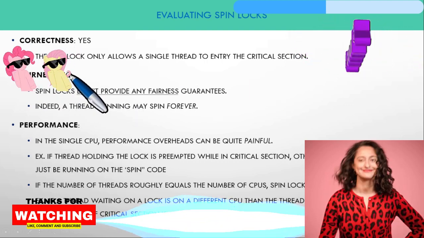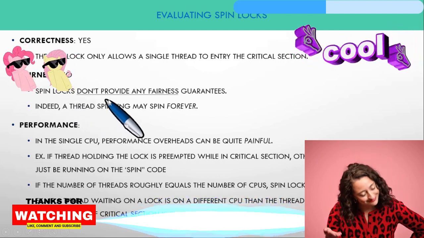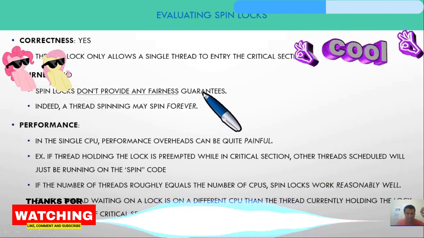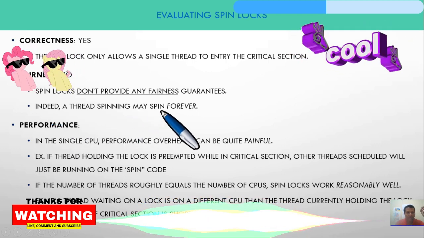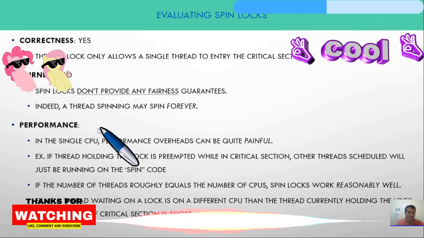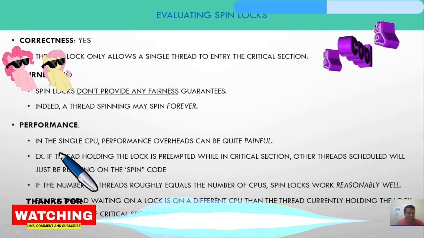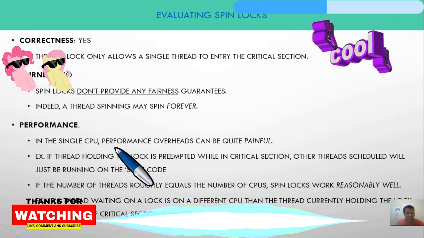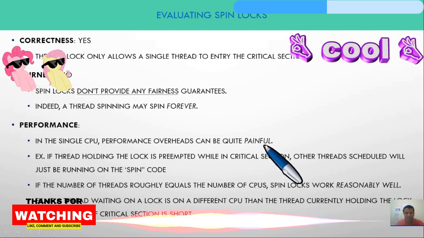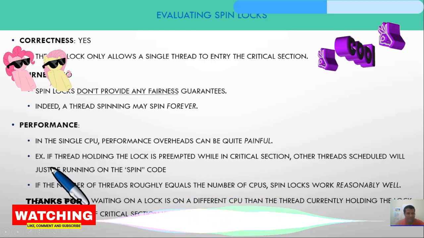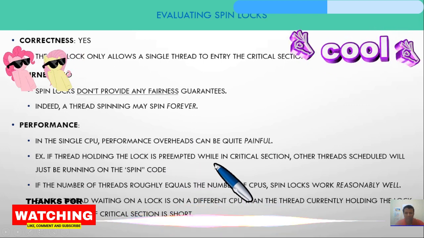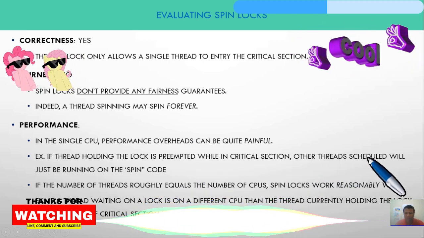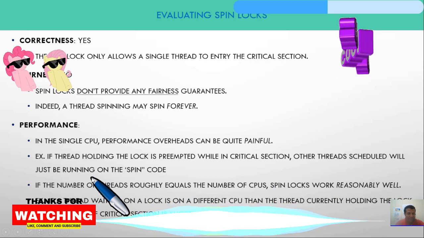Fairness, no. Spin locks don't provide any fairness guarantee, and indeed a thread spinning may spin forever. That is a problem. In performance, on a single CPU, the performance overhead can be quite painful. For example, if the thread holding the lock is preempted while in a critical section, another thread scheduled will just be running